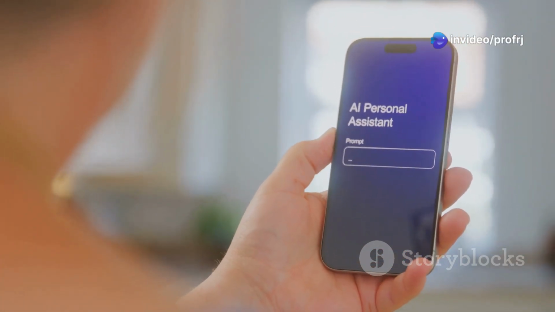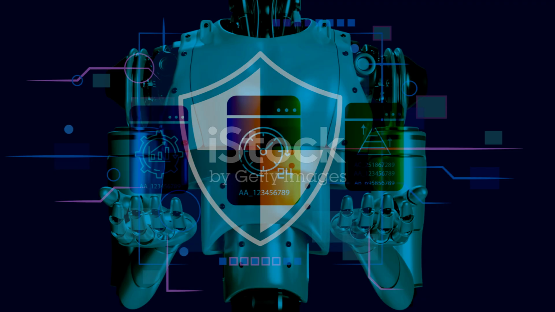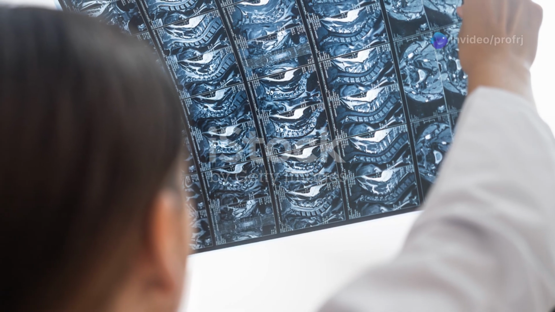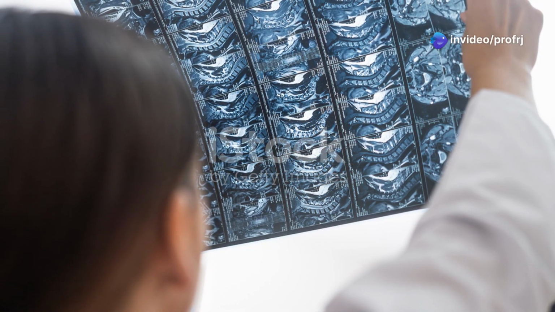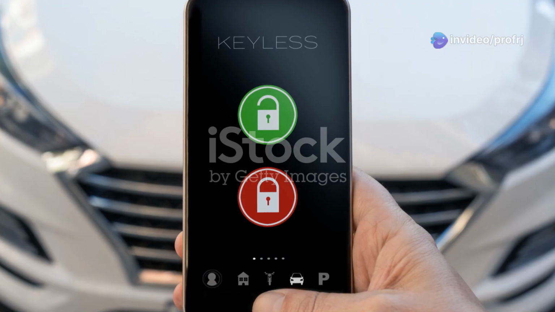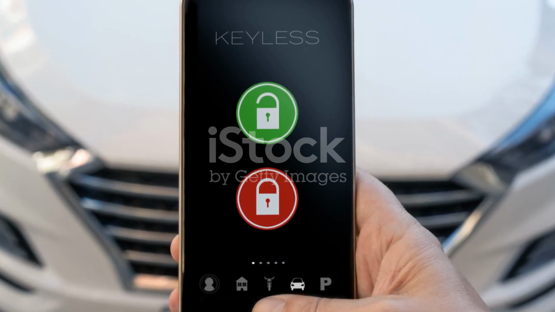Now let's talk about computer vision, which allows AI to see and interpret images. This is where things get really futuristic. AI can identify people in photos and videos, detect objects in real time, and even help doctors diagnose diseases using medical scans. From unlocking your phone with Face ID to self-driving cars detecting obstacles, computer vision is shaping the future